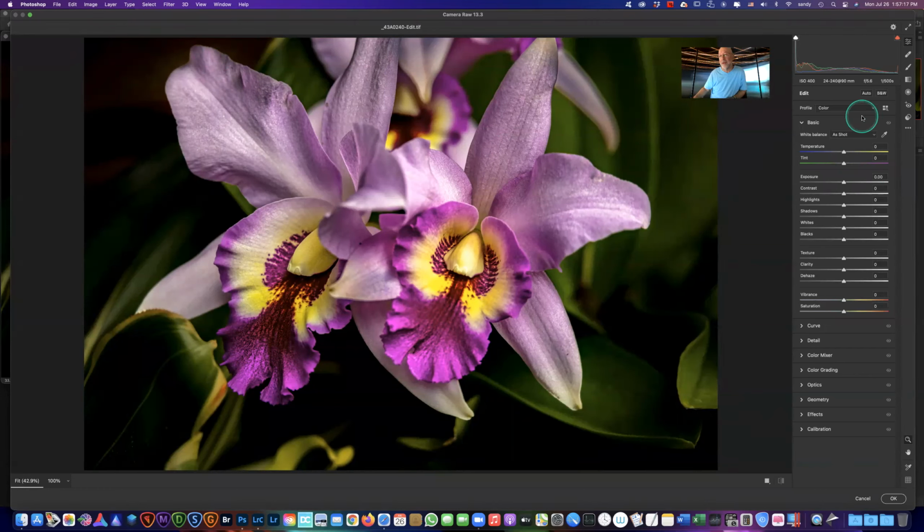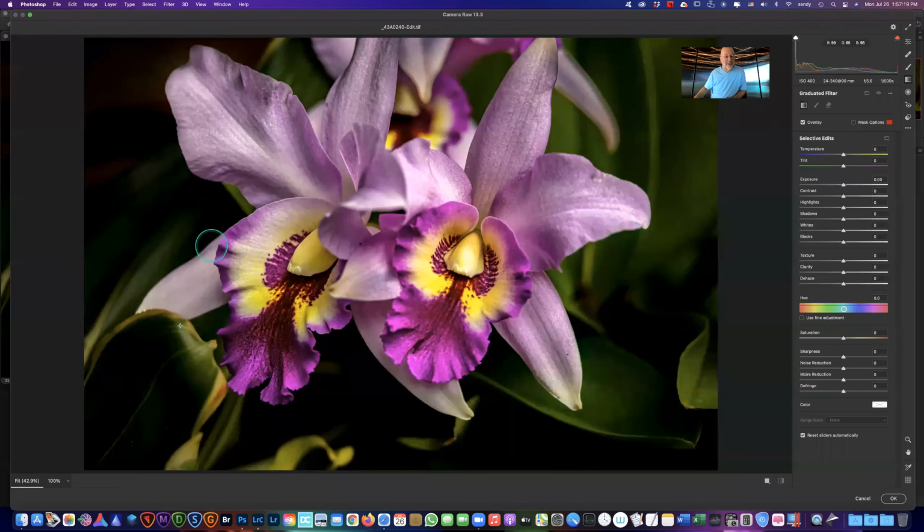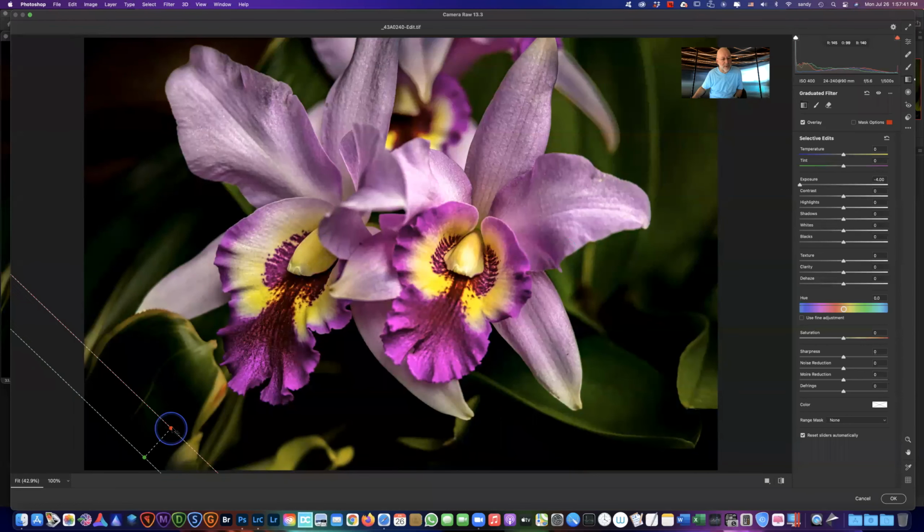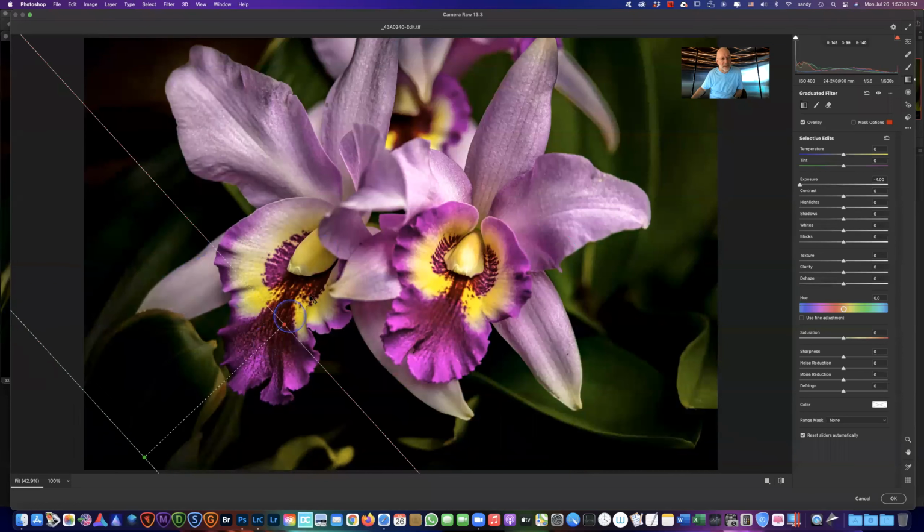So if you want to do big gradation, and maybe we'll do this going this time. Now there you go. So you just drop it down a little bit like that. Maybe I don't like it being so dark here. How do you get that angle again? By the way you drag, and then you can grab a point and change it any way you want. And you can change the gradation. You want it real quick, or if you want it to just kind of go slowly,